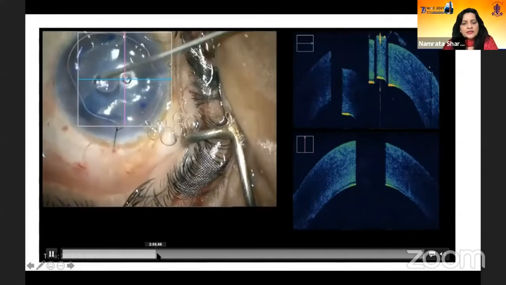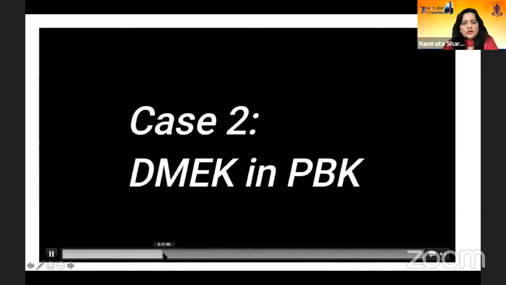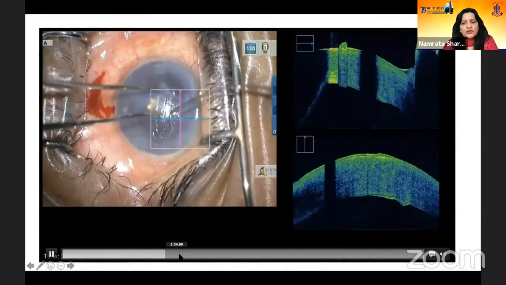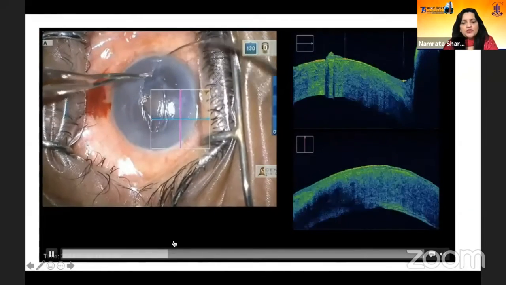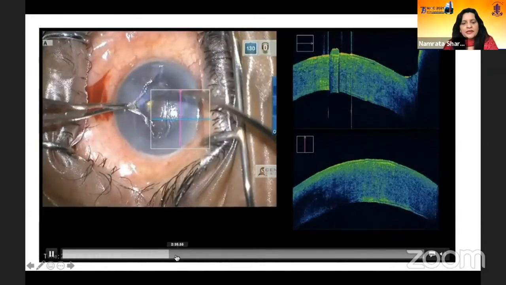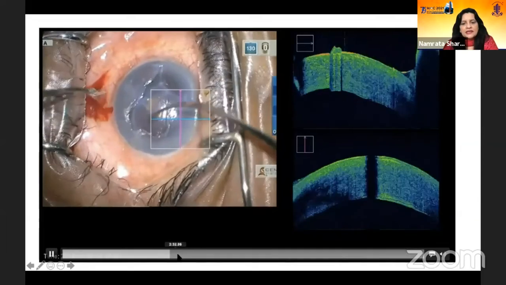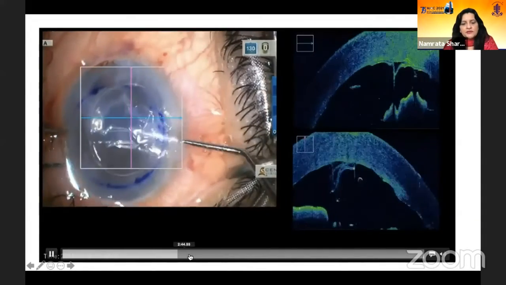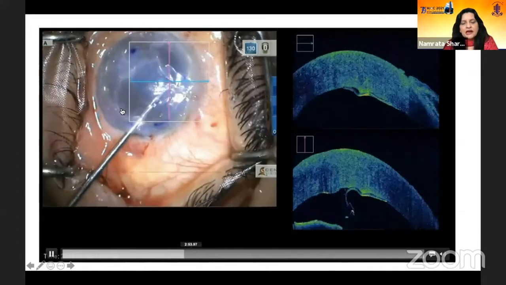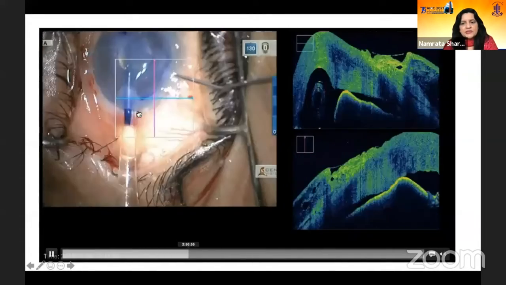the cornea. Then we come to a case of pseudophakic bullous keratopathy, where again, it looks hazy, but it is actually not, because the moment you remove this edematous epithelium, it will get a lot clearer. And then again, you remove the diseased Descemet's membrane with the help of the reverse Sinskey, and then put the graft inside, which is a Descemet's membrane roll.